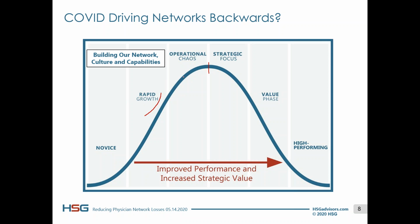One of the key characteristics of operational chaos is the network and the health system getting paralyzed by the financial performance of the employed physician network and feeling like we're unable to move forward. We're unable to engage our physicians about anything other than the financial performance of the network. Every time we have a meeting, we're talking about it. We're delaying recruitment decisions. We're underinvesting in staff and leadership. We're not investing in building long-term capabilities because we're feeling like we can't add one more dollar of subsidy to